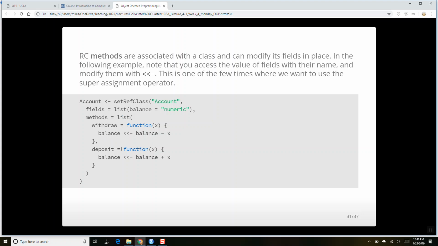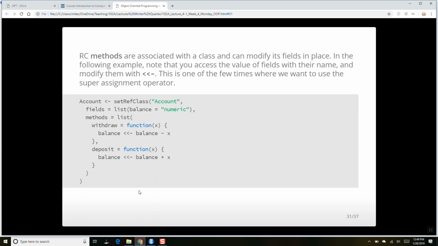When I execute the function that's inside this environment, it creates its own execution environment. And so in order to modify the balance that's inside the reference class environment, I need to use super assignment so that the values inside the execution environment can talk to the values up there. So all we do is withdraw does balance minus x, and deposit does balance plus x.